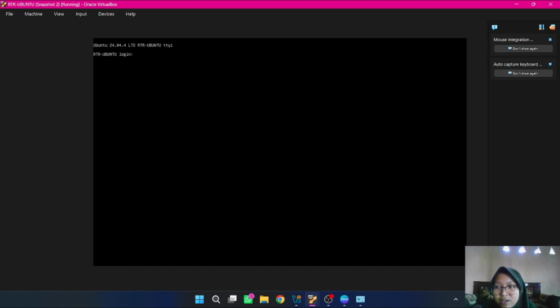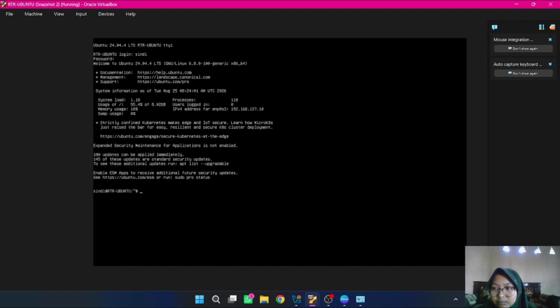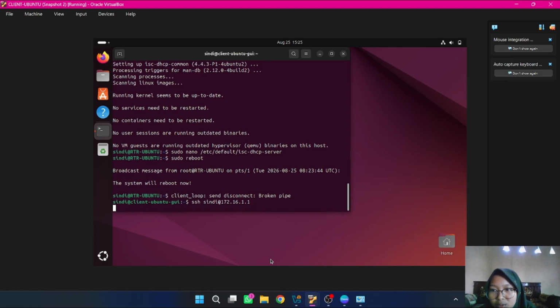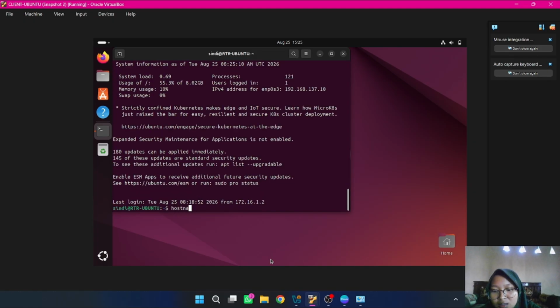Now, if it is done, we can log in and enter the password. Then we go to the Ubuntu client that we used earlier and type SSH. Now we have entered the RTR Ubuntu. Then type hostname CTL.